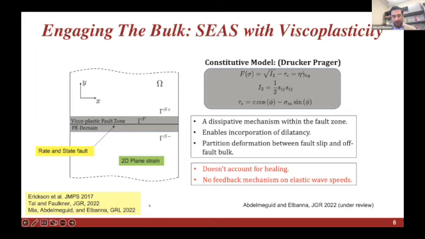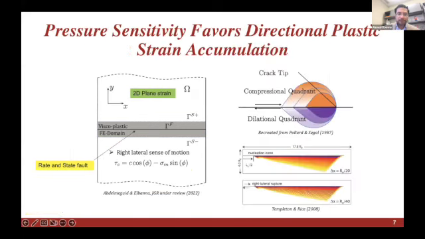And just before leaving this point, here I list a few references that address this kind of problem with different approaches and limitations. And I would just like to emphasize that this whole effort to engage the inelastic bulk in cycle simulation is still in its infancy. So there's a lot of work to be done. Most of the results I'm going to show today are in this paper by Mohammed and myself, which is going to appear soon in JGR, but it's also available in ESSOAr.